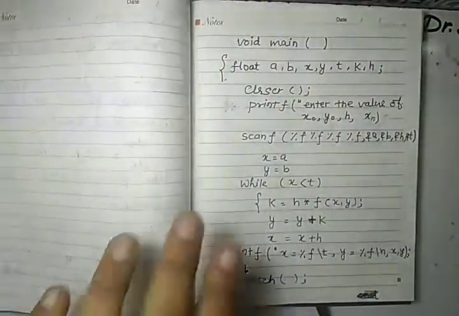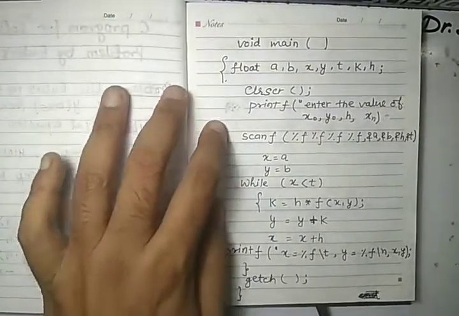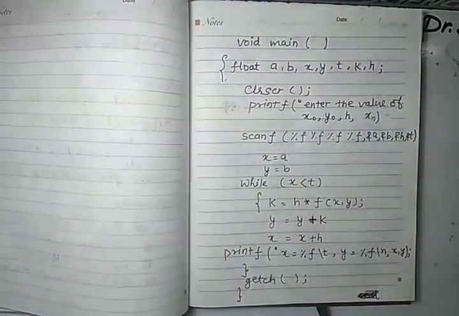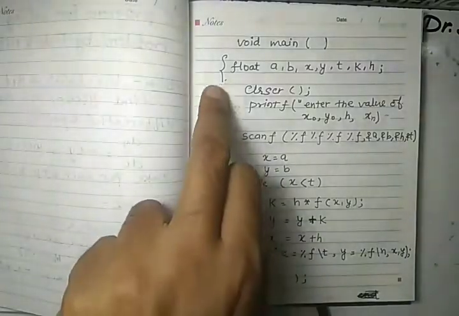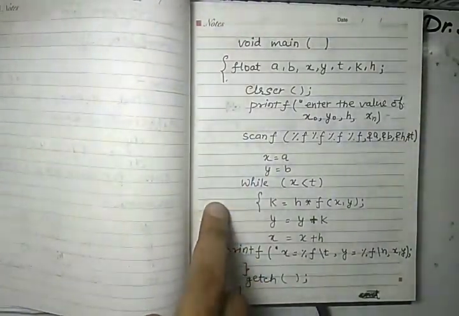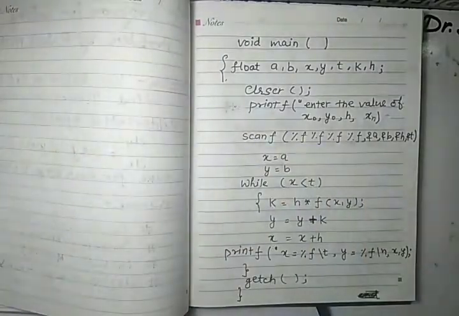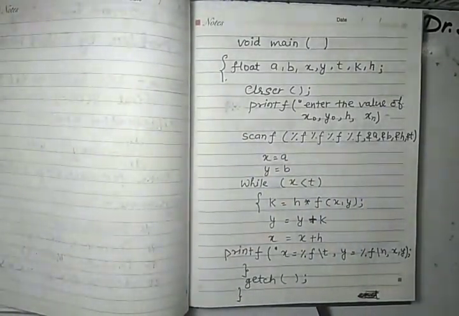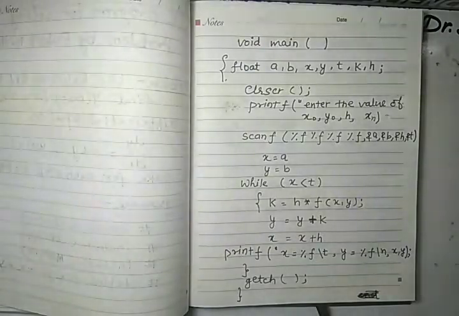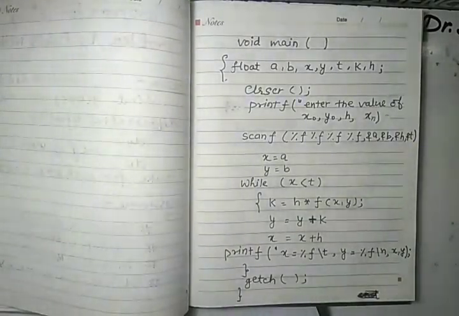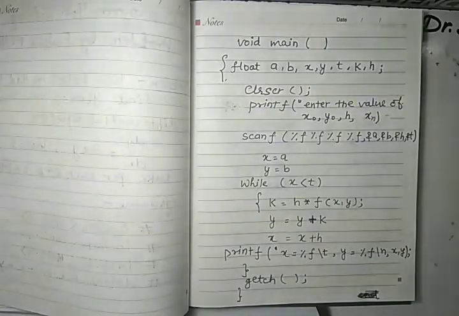Okay. Now we call the main function under which we write the program, that is void main, and we start our program. First we choose the variables, and here there are two methods to choose the variables, whether these are integers or real numbers. If we choose real numbers, we need to write this as a float number. If we write it as integers, then it will not take the decimals.